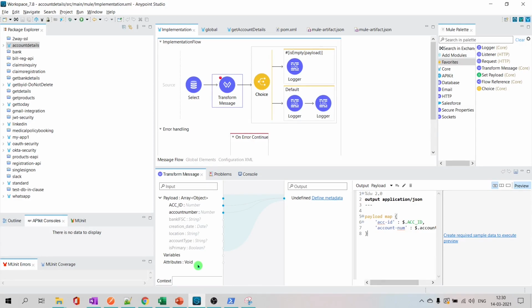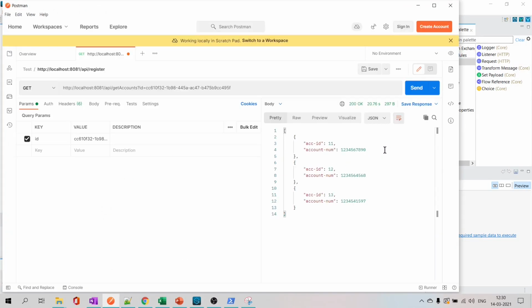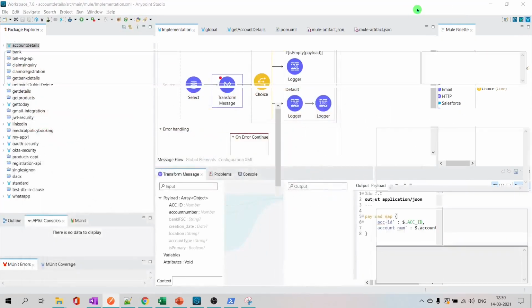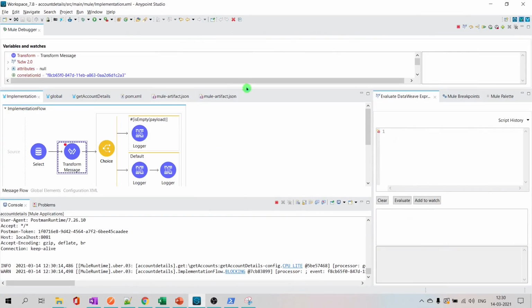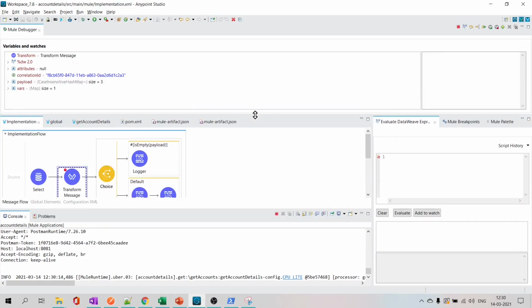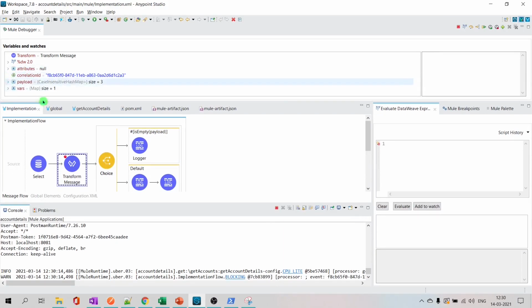if you want to test with live data, when I say live, when I'm debugging, let me show you that. Okay, the message came from some other system or the real-time data is coming here. I want to test my DataWeave script against my Mule event here, not the schema one, not the example payload I gave.